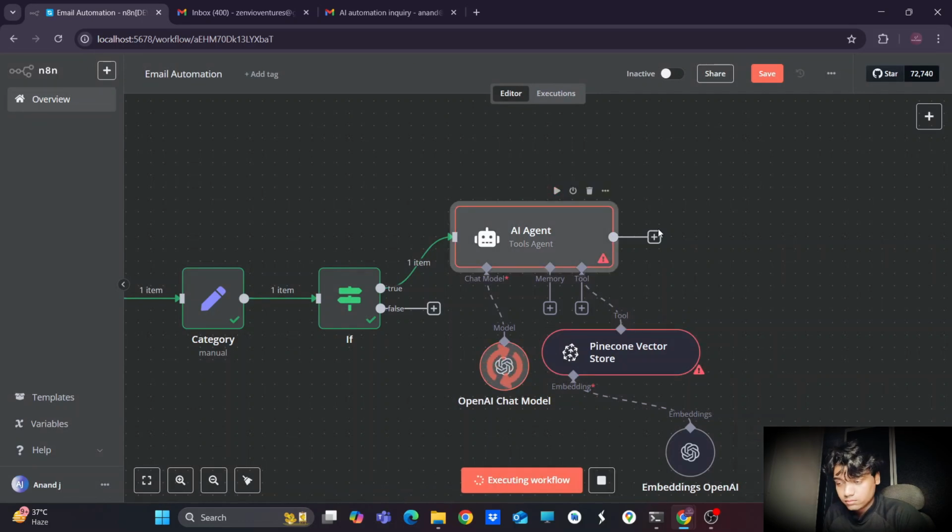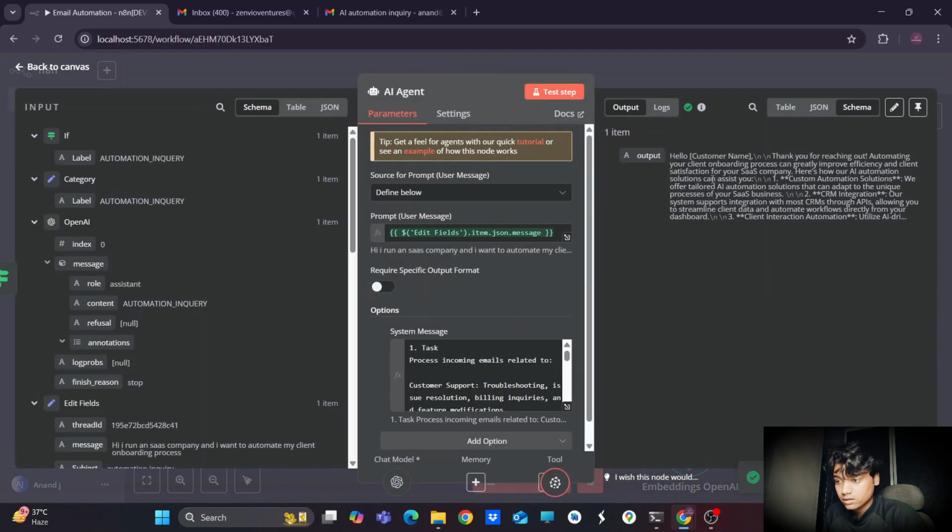Yeah, the node is executed properly and it has given us the output.